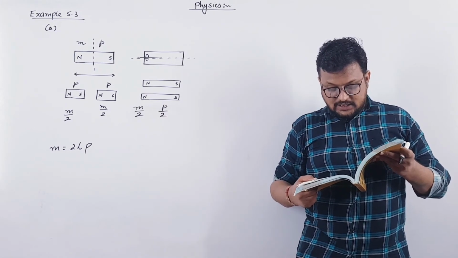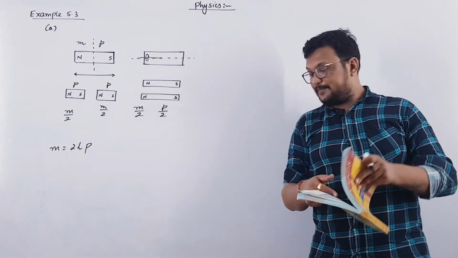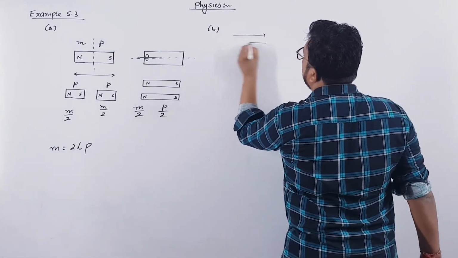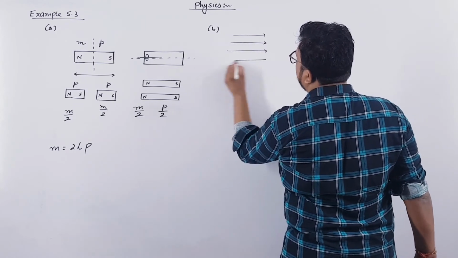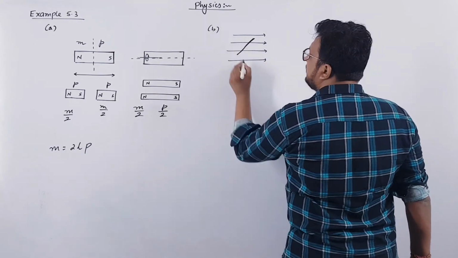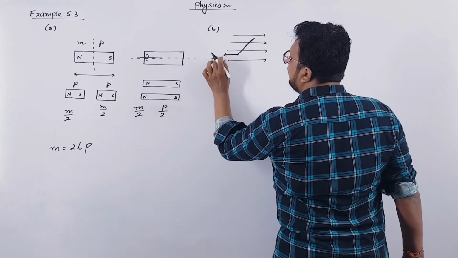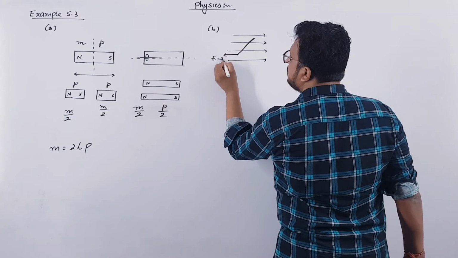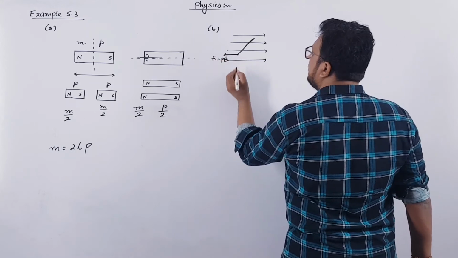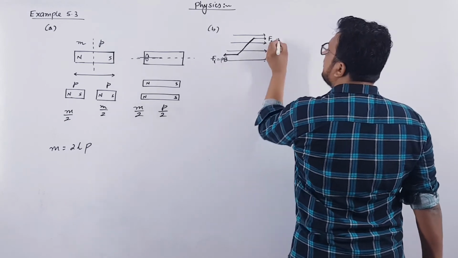An iron nail near a bar magnet, however, experiences a force of attraction in addition to the torque. Why? Look, in second one it is given that if we keep a bar magnet or a magnetized needle in a uniform magnetic field, let us say this is the magnetic needle kept in a uniform magnetic field, then here force acting on this will be F is equal to Q into B, QM. Instead of that, let me write P into B, and here force acting on it will be F, let us say F2, and let this be F1, will be equal to PB.